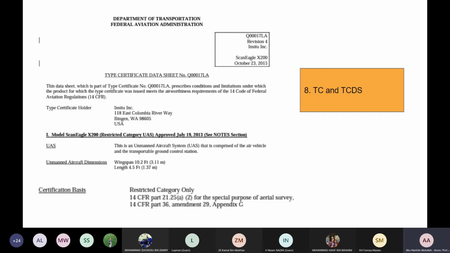So remember, we also have the restricted TC. We have the provision for applying for a restricted TC for the drone. And you can see here for this model, this is a Scan Eagle X200 with a restricted TC. In the US, there is a restricted certificate of airworthiness. And I just